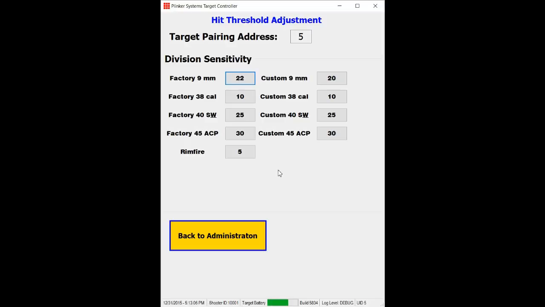Every time you start the application, it'll reload these values. But the target sensitivity gets sent down to the target system every time you shoot a run, and it's one of the reasons why it prompts you for the division that you're going to be shooting. So this is how you can adjust that if necessary, but again, we don't recommend you doing that unless you begin to see